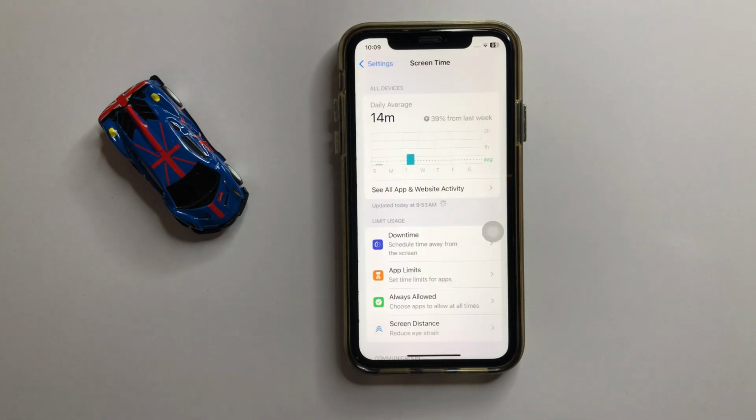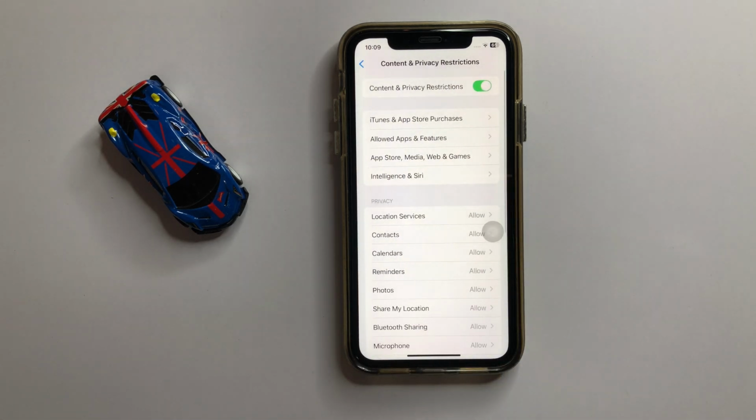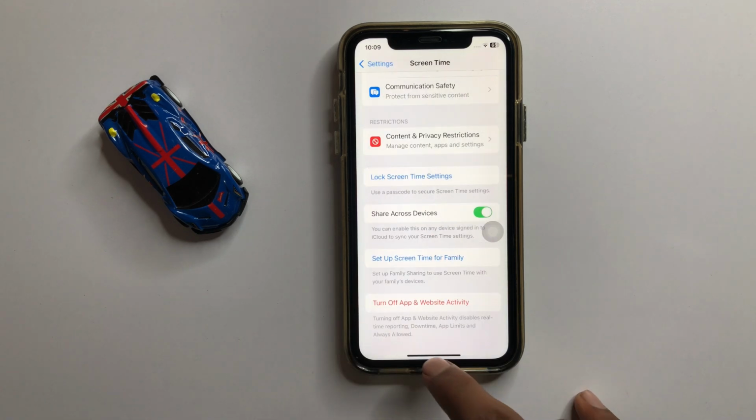Screen Time and then click on Content and Privacy Restrictions. If Content and Privacy Restrictions is turned on, then turn it off. After you turn off Content and Privacy Restrictions, your problem will be